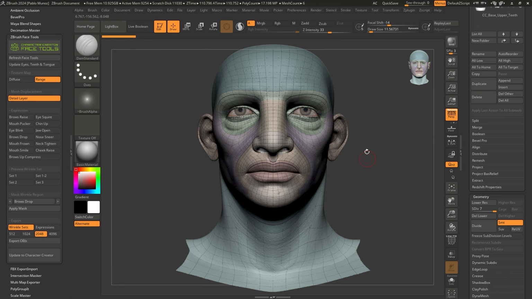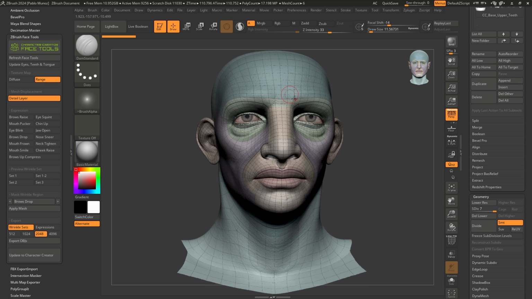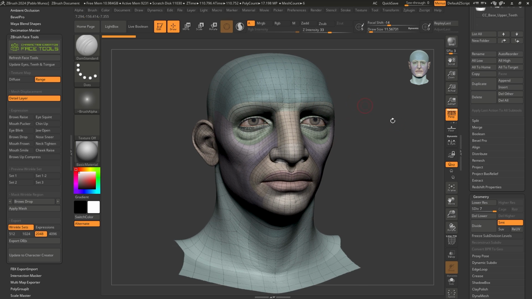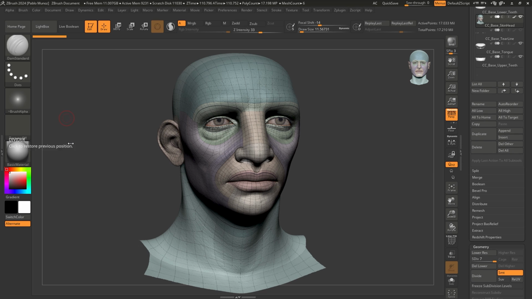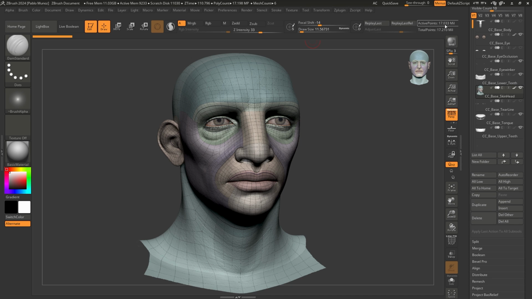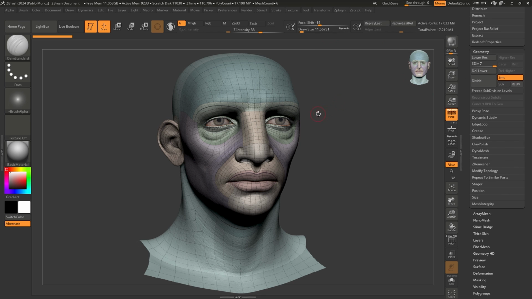All right, so now we have our character with all the high frequency details in ZBrush. Keep in mind that we have 7 subdivision levels, so we have plenty of resolution right now. Let me just collapse this for a second just to show you. Currently, just this subtool, the face or the head, has 17 million polygons. So it's still pretty decent to work on, but it is quite a few polygons, right? So if it takes a while, just don't worry. It's just because there's a lot of polygons, a lot of points happening.